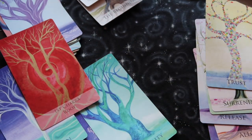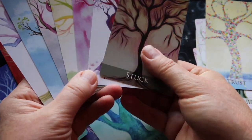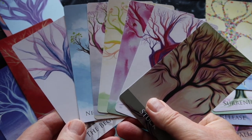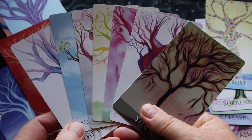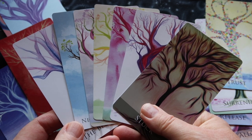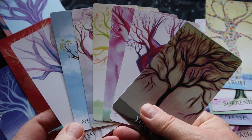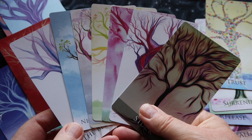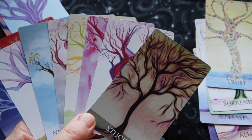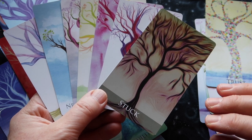So the cards that I selected for the root chakra, if I fan these out for you, you'll see they're not particularly red or brown or gold. There's quite a diversity in color. So I think there's two things you can do with this deck. One is you can take cues from color as it emerges in certain trees, because you're going to find a little bit of red in lots of different trees. And so you can speak and draw lines and